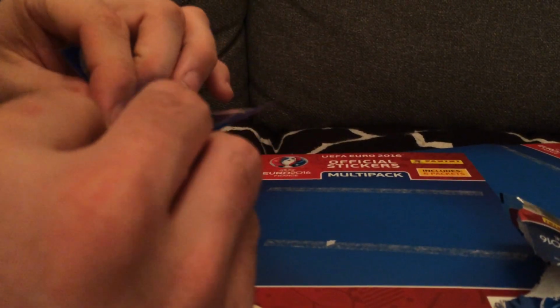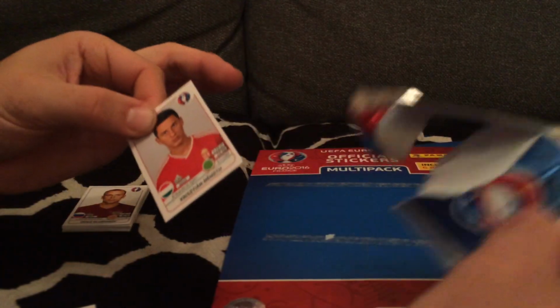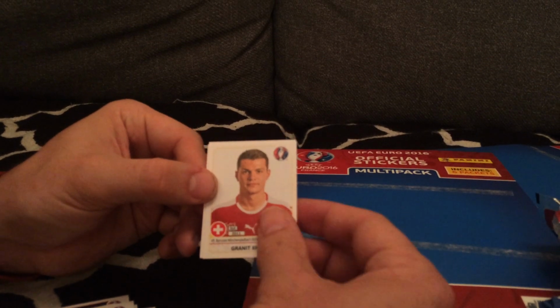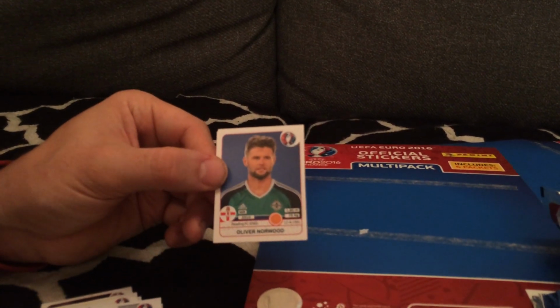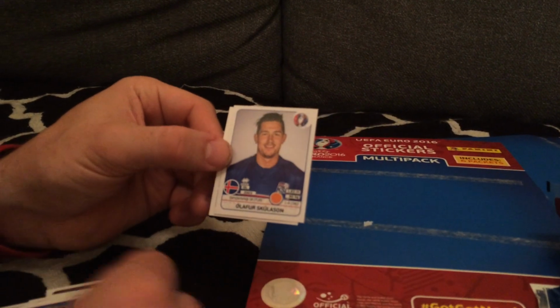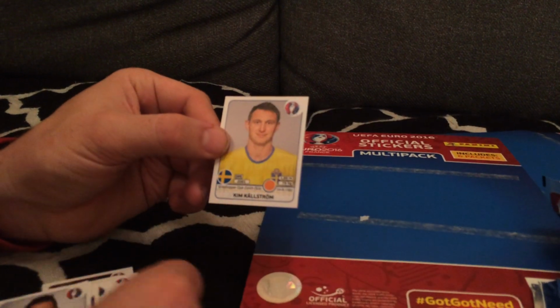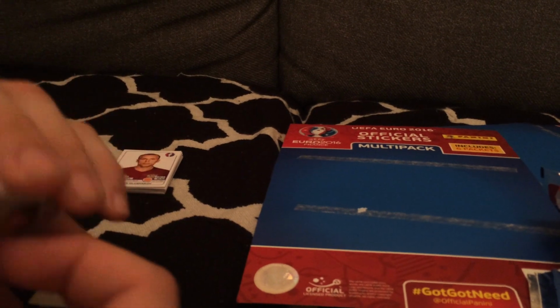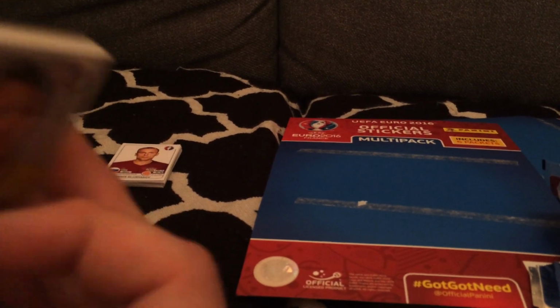And the final pack, hopefully we'll get a shiny in here. It's not looking too likely at the moment. Nemeth, Xhaka, Norwood, Skulason and Kallstrom. Yeah, so we've got slightly better cards in the first pack, I'd say, but obviously we've not